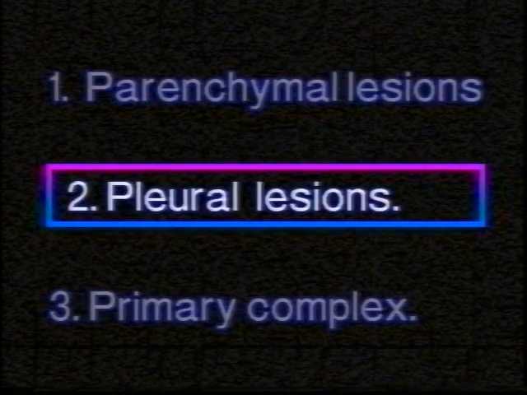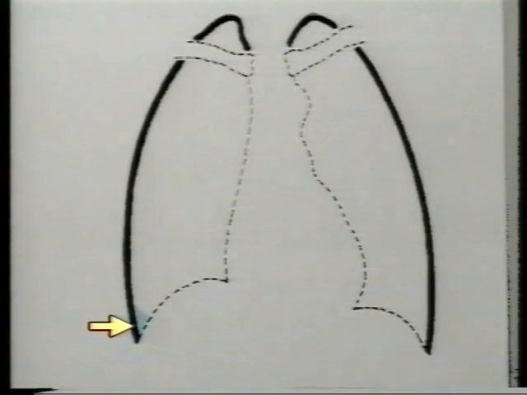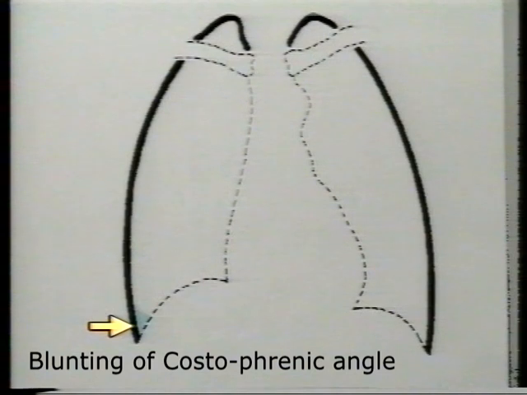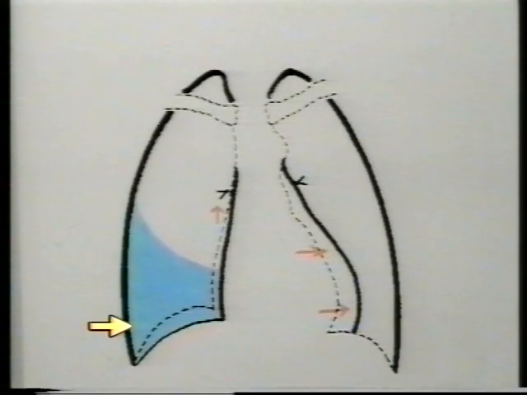Now we will come to the pleural lesions. Presence of fluid in the pleural cavity is termed pleural effusion, which is a primary tuberculous infection. A mild or minimal effusion causes blunting of the costophrenic angle, which is the earliest sign of a developing pleural effusion. A moderate effusion produces a uniformly opaque shadow in the lower zone, which typically rises in the axilla. It also displaces the mediastinum towards the opposite side.